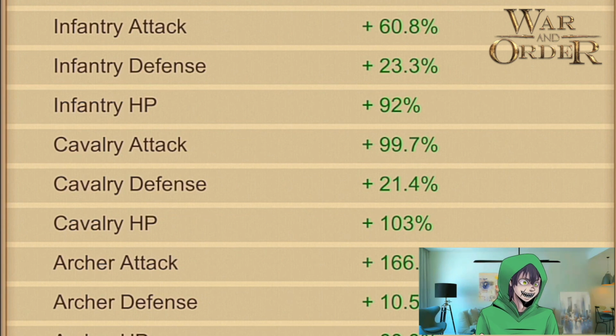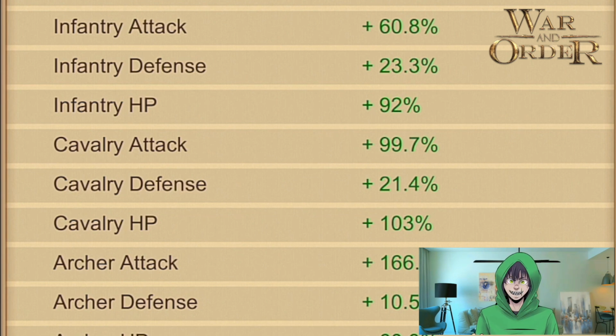So tip number 8 here. When you're looking at your statistics, your health, your defense and your attack, a lot of people ask, what should I focus on? You need some balance. So let's say you have 400 infantry health points, HP, and you're using archers and your archer attack is 22. You're probably still going to lose the majority of your battles because although your infantry are going to last a long time, your archers,